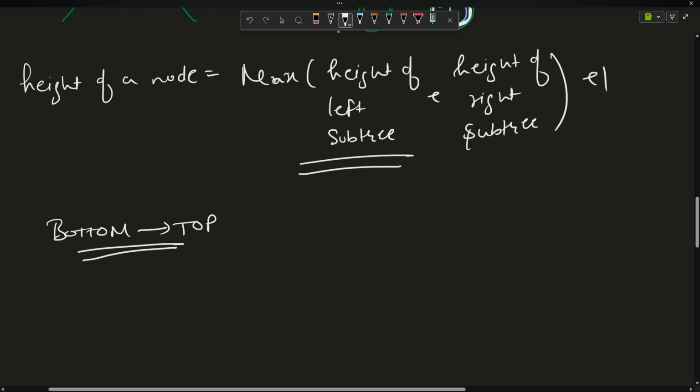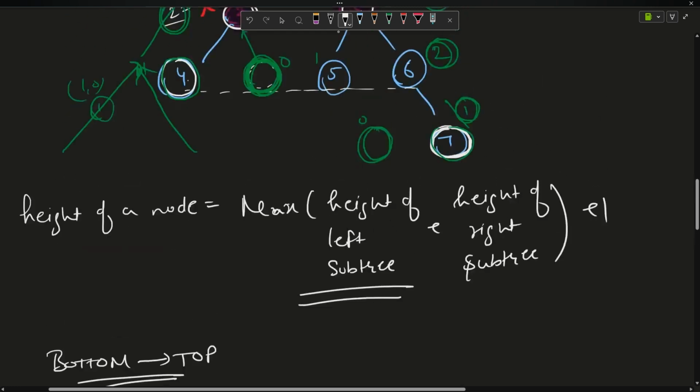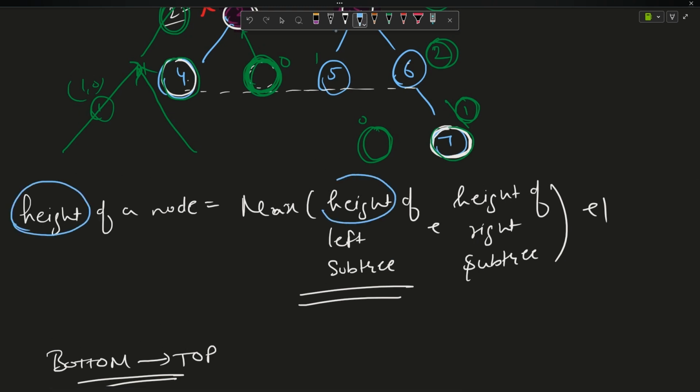How will I write the code? The main thing is to write the code. How can you do it? So you can see something. If I highlight these words, height, height, height, the problem gives me that I want to find the height